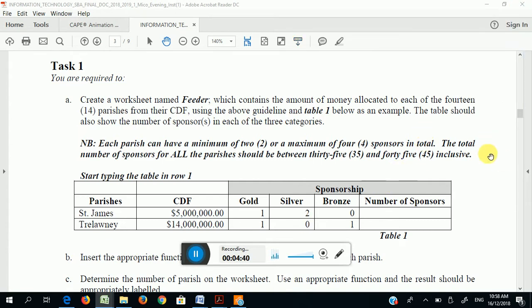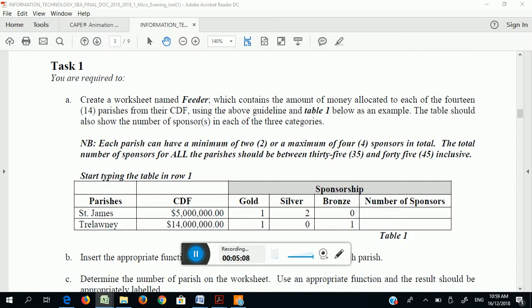Good. So we're going to start by creating our worksheet over here. So you know that this is the parishes, CDF, you have gold, silver, bronze, we have number of sponsors.